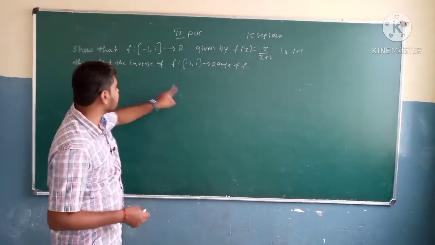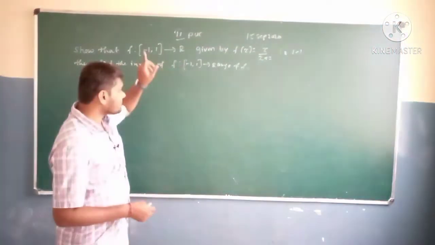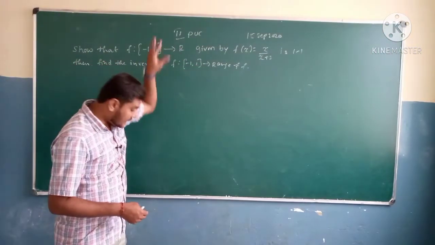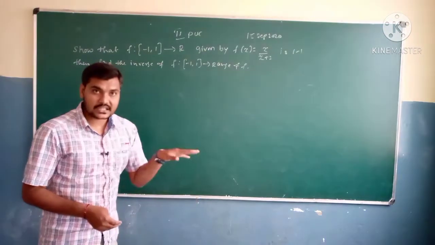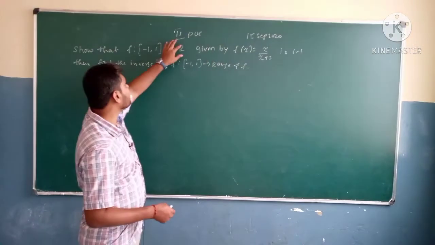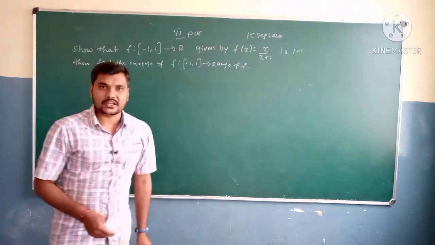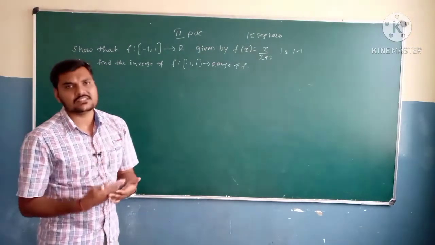So this is going to be the domain and this is going to be the codomain or range. So in inverse function, find the inverse of this function. Where in this function, minus 1 comma 1 is again going to be the domain. But the range of f, we got the range of f, then again it's going to be the codomain. ಹಾಗಾಗಿ inverse ಏನಾಗ್ತದೆ? Find the inverse ಅಂತ ಹೇಳಿದ್ರೆ.